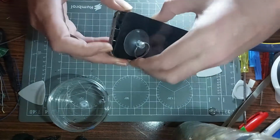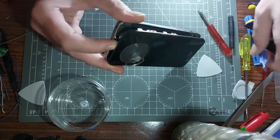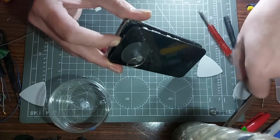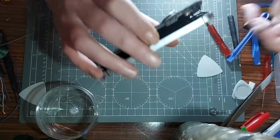Well, I've got access to the Touch ID, so I might as well disconnect that one there. So what I will do with that, I will get my pry tool. This is going to be very hard for you guys to see, so I don't think I'm actually going to be able to make it camera worthy this bit, but I'll try to do my best. If I open it too much, I'm going to break